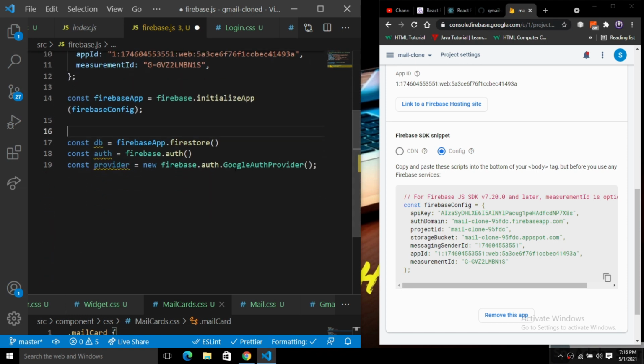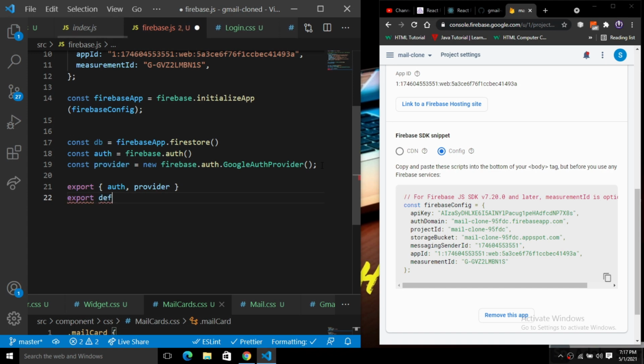This is how we will use this. And the last thing that you have to do is simply export everything here. So let's export everything. We'll simply export auth and provider here, and export the DB as default.